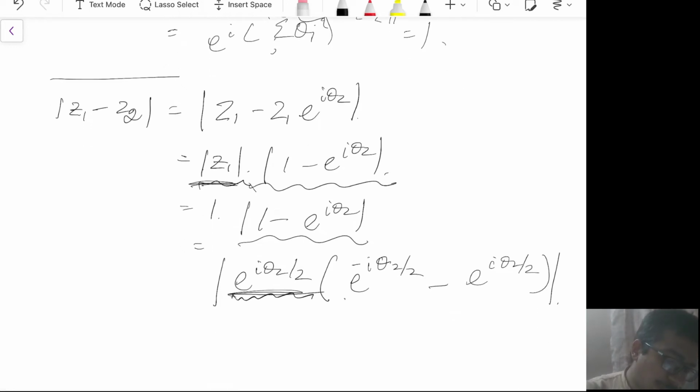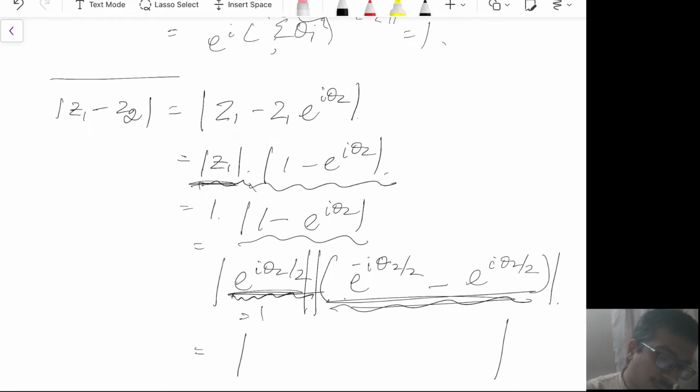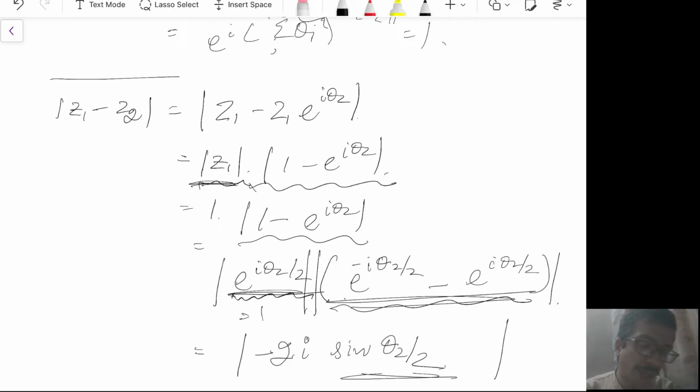And this quantity is unit mod, so you know that mod AB is equal to mod A times mod B, so this is 1. And now we are left with the other part, and this, if you see, is just minus twice i sine theta 2 by 2, right? Because this is the negative of negative iota times twice the imaginary component of e to the power iota theta by 2,